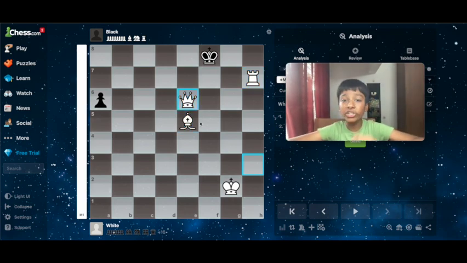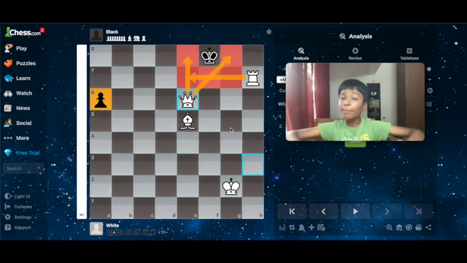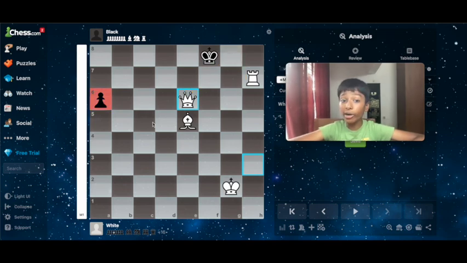Note that this position would actually be a stalemate if it weren't for this pawn. If this pawn didn't exist, then this position is a draw because of stalemate. The rook controls these three squares and the queen controls these two squares. Remember, stalemate is when a player has no legal moves, they are not in check, and it is their turn. The game is a draw and each player gets half a point. Yeah, so we don't want this to happen in our games. This is why this pawn is very important here.